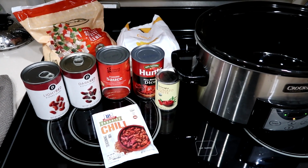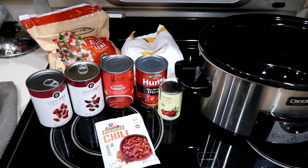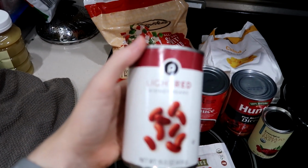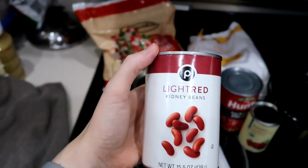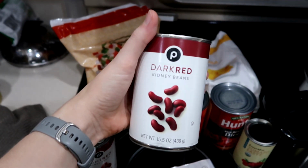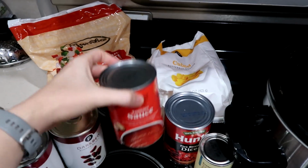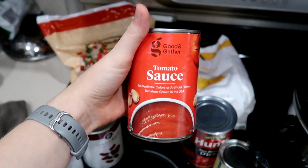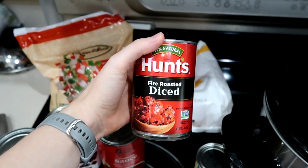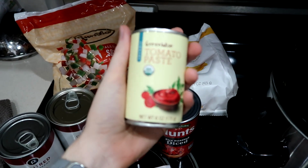Today I'm back with a quick and easy fall chili recipe for you guys that's made in the crock pot. I'm going to start out with the ingredients, which is a can of light red kidney beans, if my camera will focus, a can of dark red kidney beans, a can of tomato sauce, a can of fire roasted diced tomatoes, a small can of tomato paste,